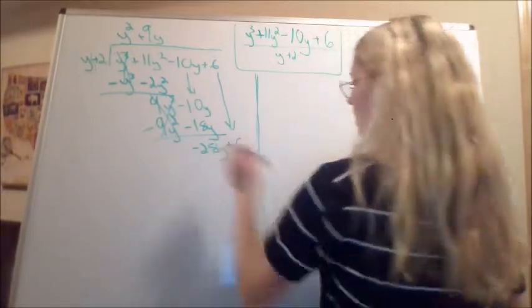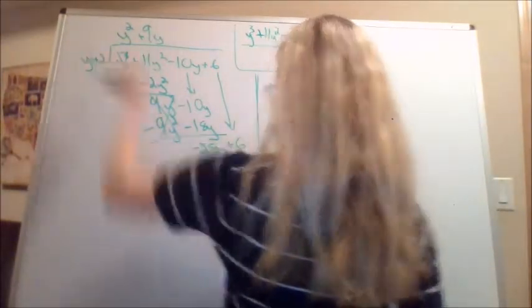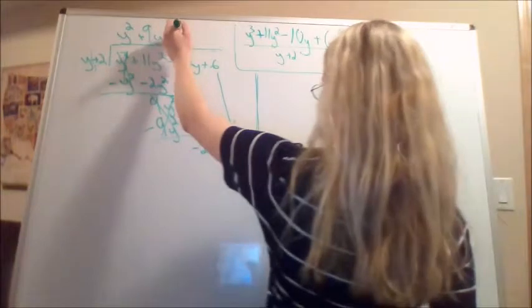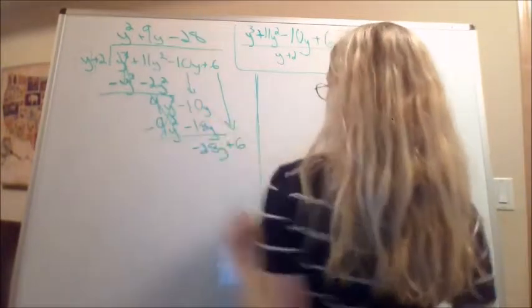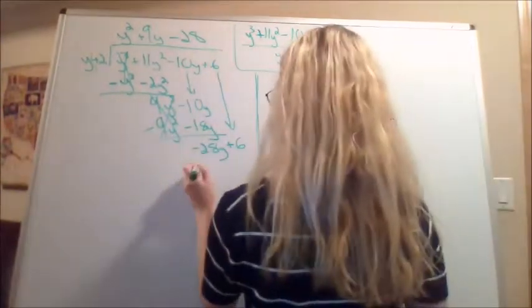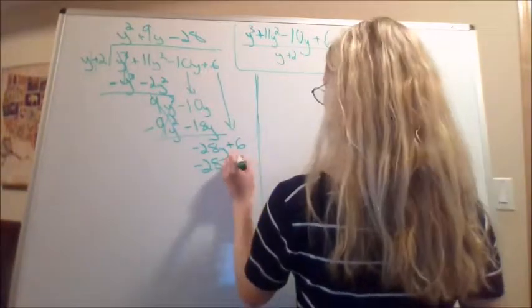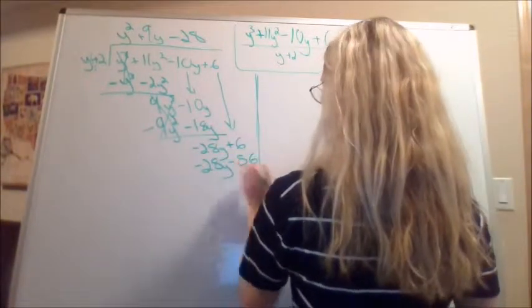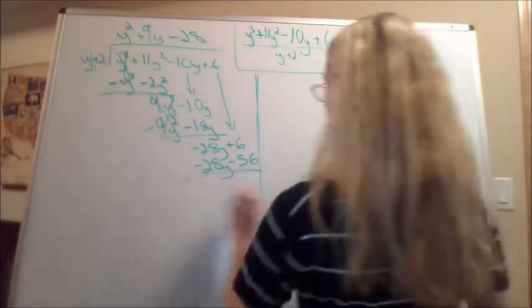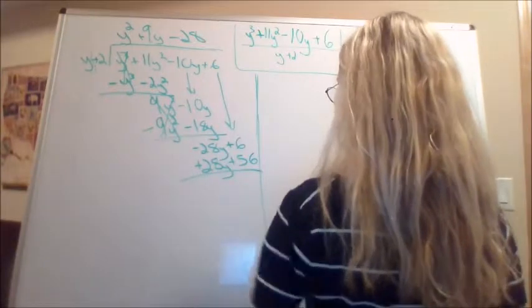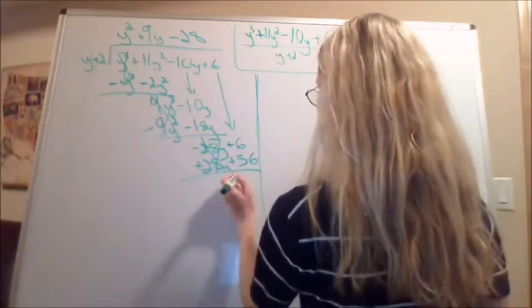plus 6. Now what should we multiply y by to get negative 28y? And that is negative 28. So we have negative 28y minus 56. Now we subtract, which means these two become positives. That cancels out, and we're left with